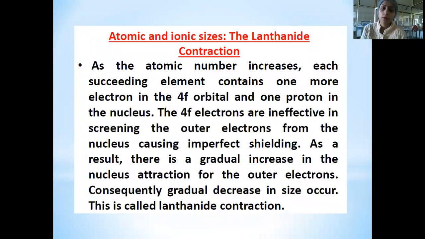Now, coming to very important properties. So we will take up each of the properties of lanthanides one by one. So first and foremost is the atomic and the ionic size. So why do we need to study that? Because there is a very important phenomenon which happens in the case of lanthanides in terms of their atomic and the ionic radius or size, that lanthanides are found to exhibit lanthanide contraction or decrease in the atomic